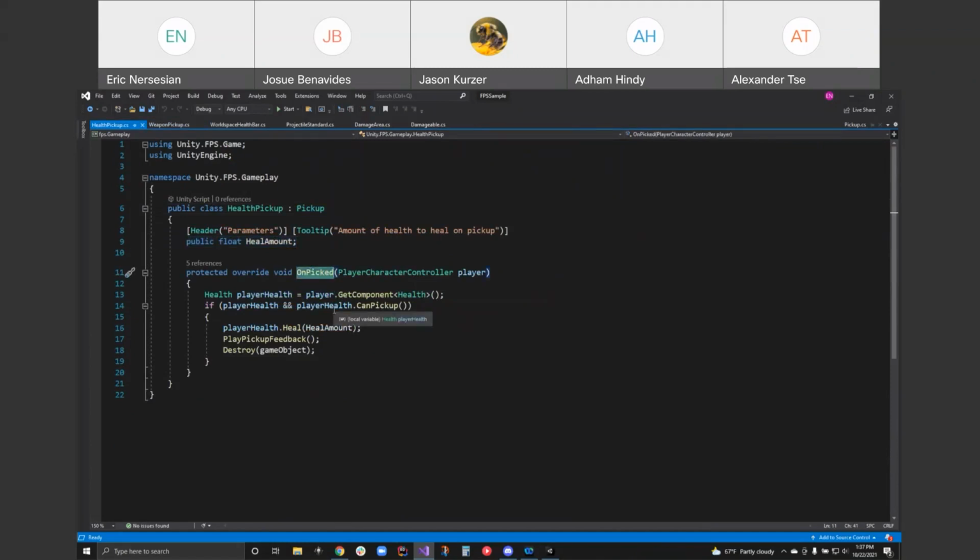And all we're doing is overriding the unpicked. The default was just to run this method, but we're actually saying get the player character controller that we've just come in contact with, get their health object. So if there is a player health that this is referencing and the player health has dot can pick up,